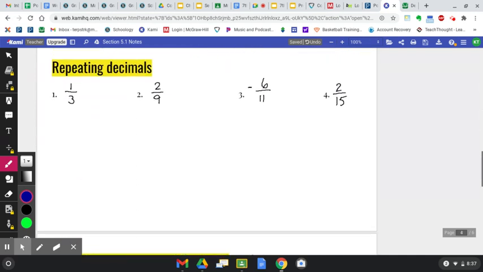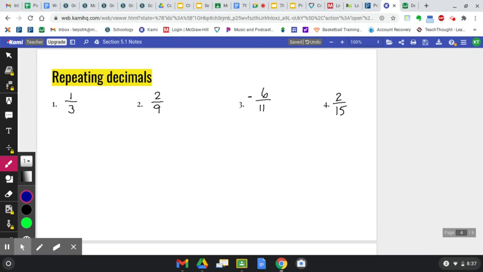All right, repeating decimals. These are decimals that do not terminate. However, there is a repeating pattern to them. All right, so let's start with